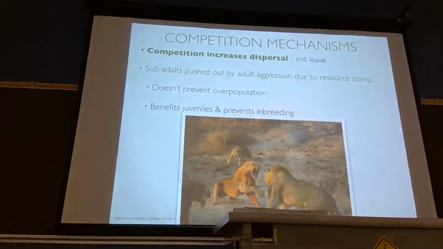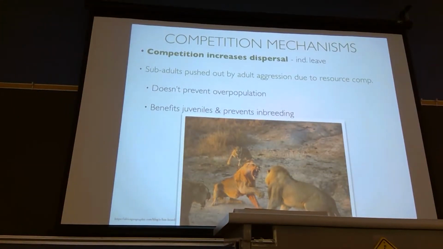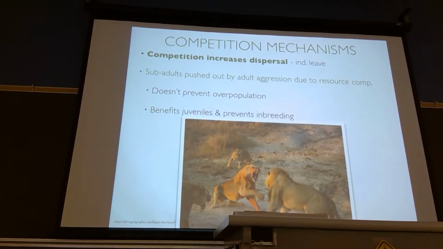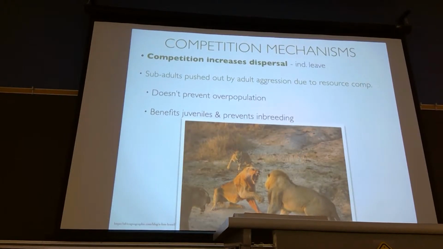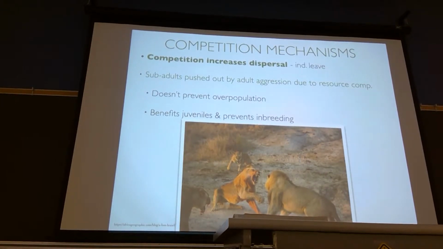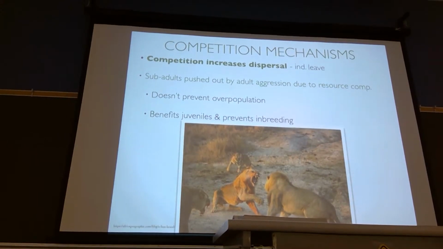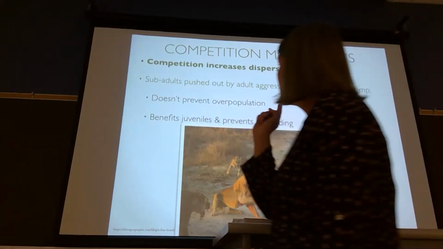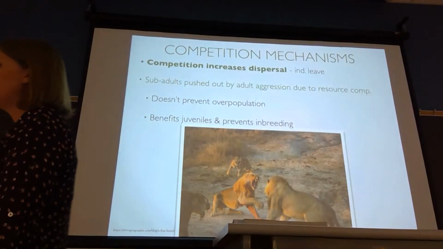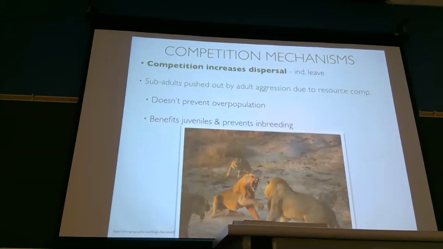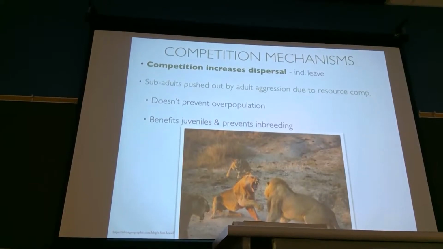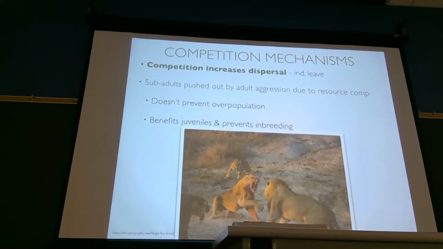Okay. The other thing that competition does is it increases dispersal. And dispersal is this movement of individuals out from a given area into new territory or adjoining territory. And dispersal in competition can happen in two ways. The first one is that individuals leave the population. And it depends on which individuals leave the population as to how competition plays out for the individuals in the